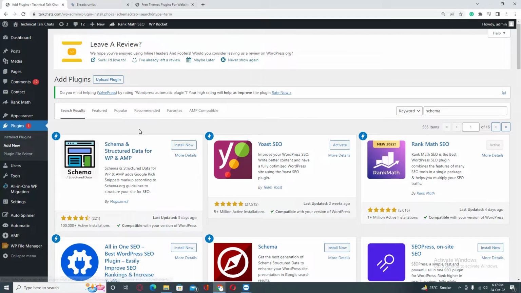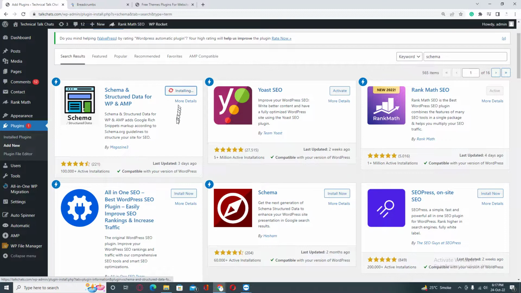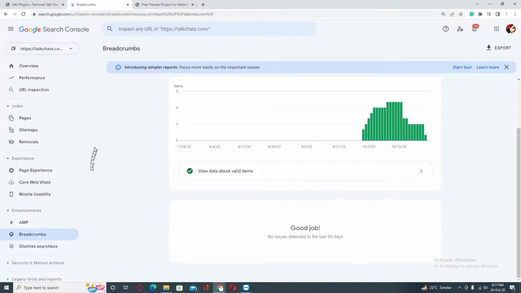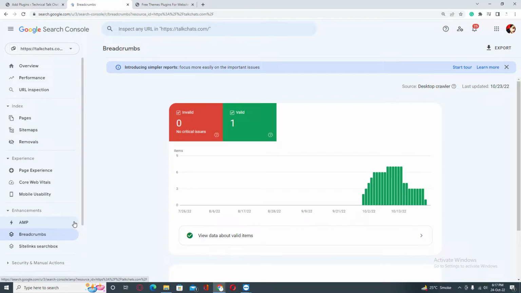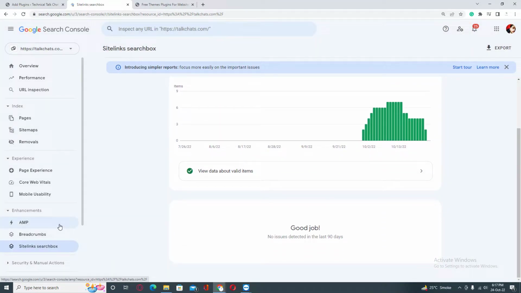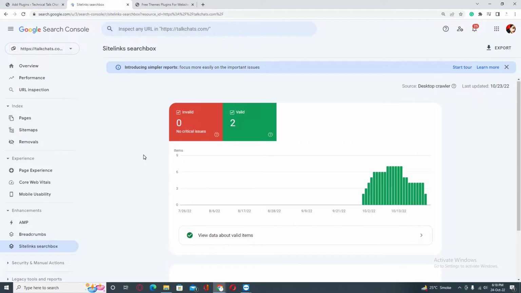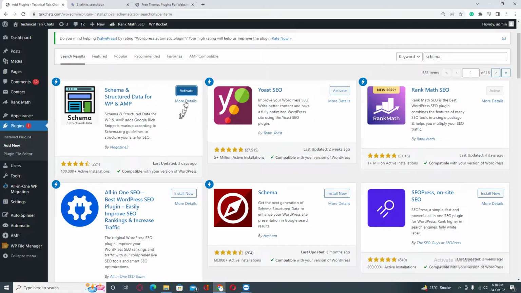So if you are using an AMP version on your website, then this plugin is easy to work with AMP, so you don't need to worry about anything. Just click on this install now button, and if you are facing any error in this section, breadcrumbs, or any type of error regarding structured data, schema or breadcrumbs, then you can easily fix these errors by simply installing this one plugin. Just click on the activate button,